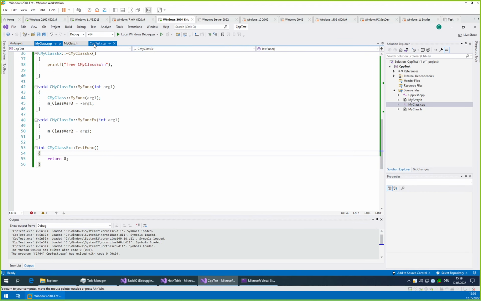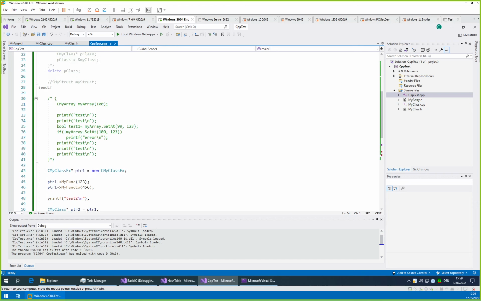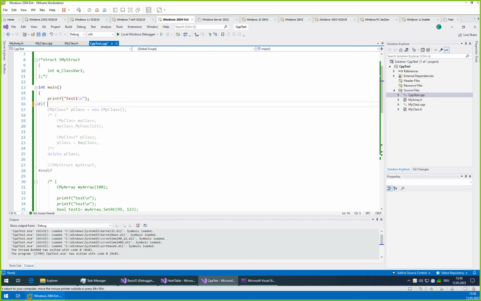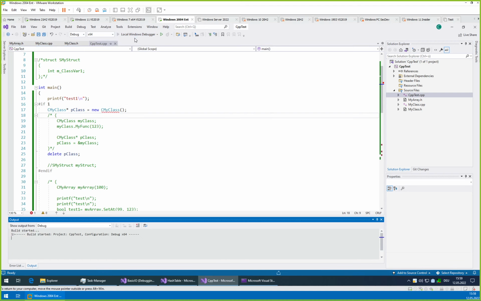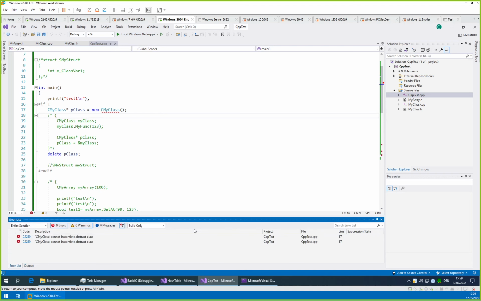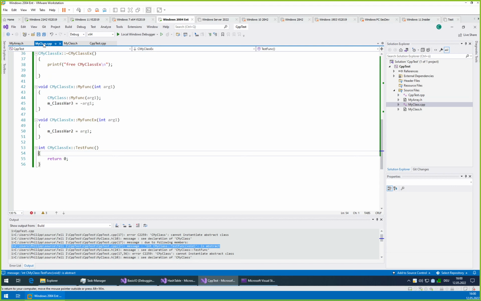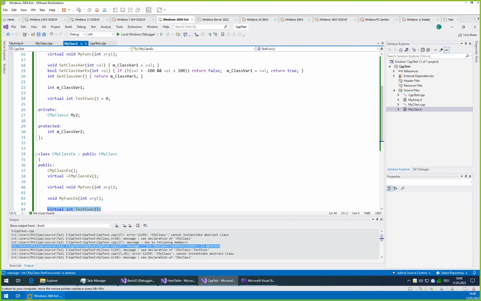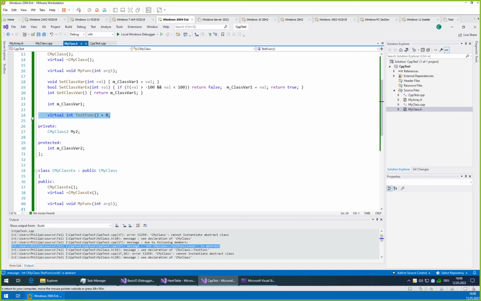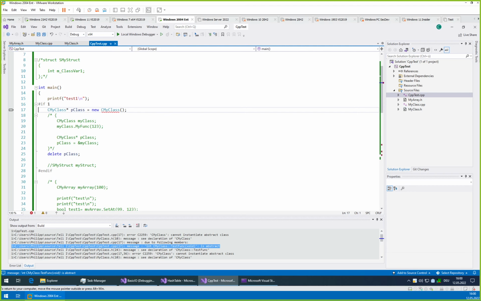Now, if you have a class which has such virtual functions, you are no longer able to just create an object of this type. If you try that, you will see the compiler will complain and say that my class cannot instantiate abstract class. And the idea is that it should even tell you which one. Yeah, here it tells you. In my class, test function is abstract, because you are not allowed to have a function that is like dangling, not connected to a real function. You can only have that when you later derive something from it.